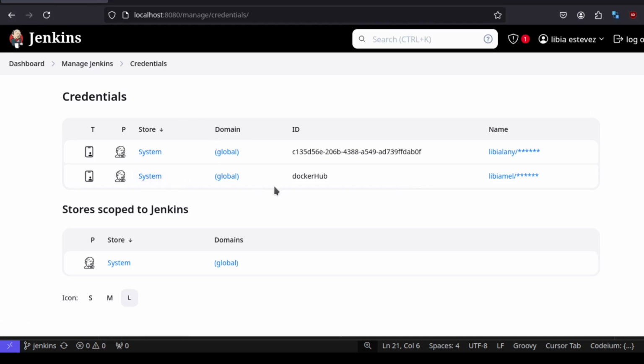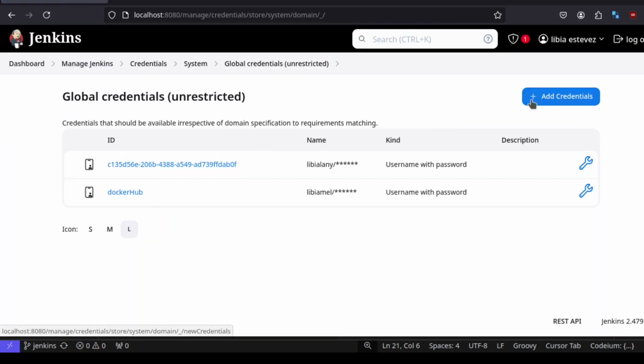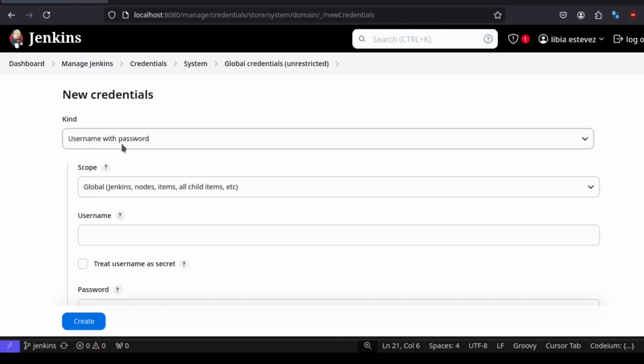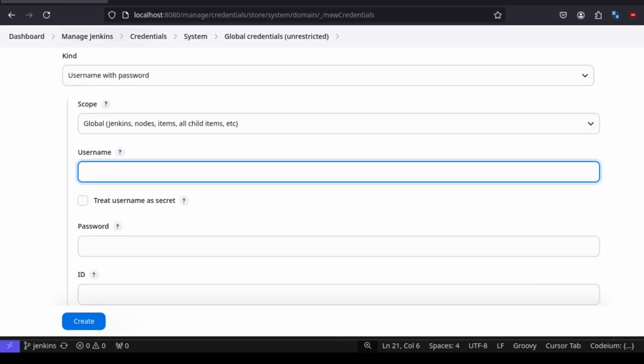For example, here, add credentials, and the kind is username and password, and also the Docker Hub username. Type your Docker Hub password, and in the ID type Docker Hub, because we have an ID in our pipeline